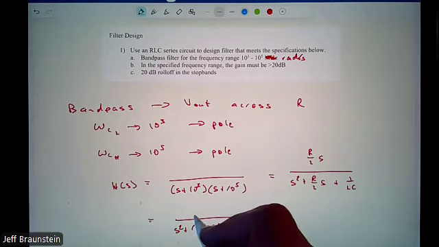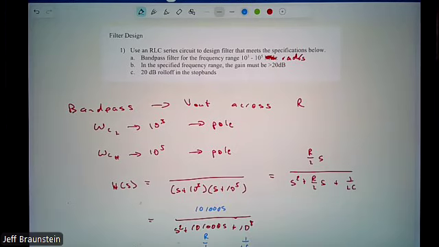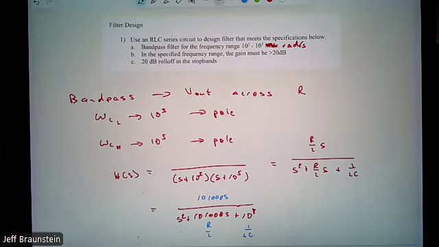So that said, we do know what the numerator is, even though, oops, missing a zero. It's only relevant in terms of the fact that we're doing a bandpass filter. So we can write that out. But we've set up our denominator, and based on previous experience, our denominator tells us what our R, L, and C values would be with having to make some choice. There is a little bit more information. In the specified frequency range, the gain must be 20 dB.